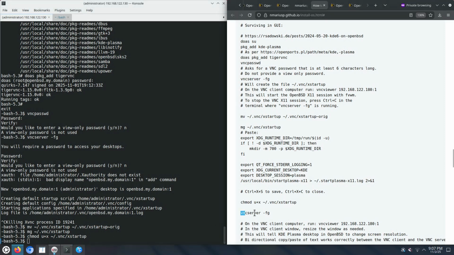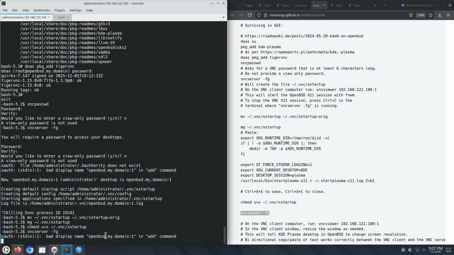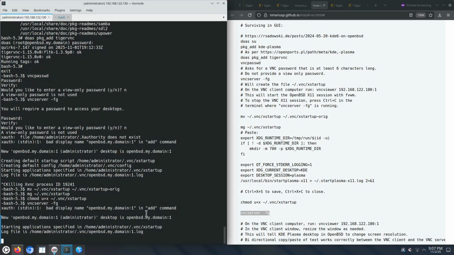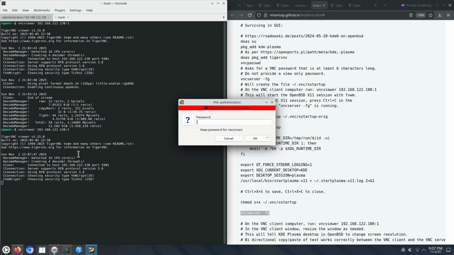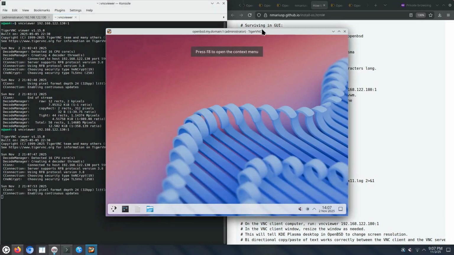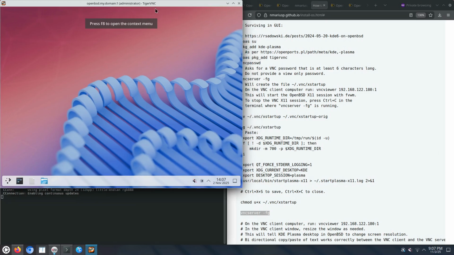Okay, and here goes the try. Will KDE Plasma start correctly? Okay, hopefully KDE Plasma has started already. And this is what we were after. We wanted to